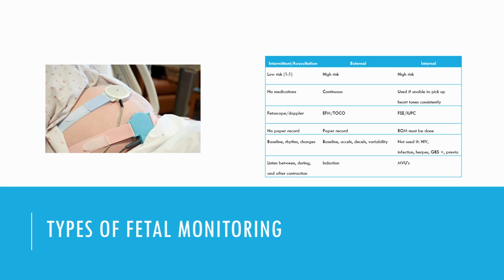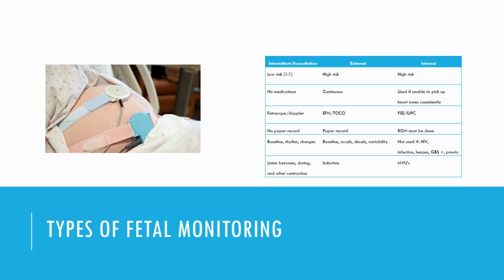This is what we practice in Skills Lab when we hook her up. That's what this picture is all about. So this offers continuous monitoring. It gives us a paper record. It helps identify baseline, accelerations, decelerations, variability. So if we are inducing a mom or if she's high risk or anything like that, this is the type that's recommended. Now, sometimes we can't get our heart tones to pick up this way, but we need to know